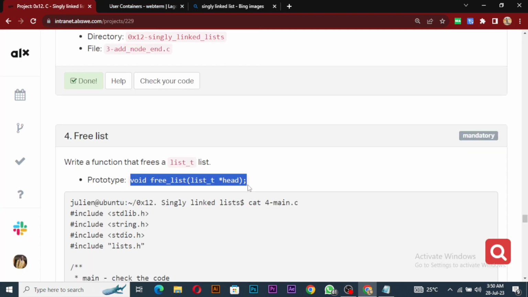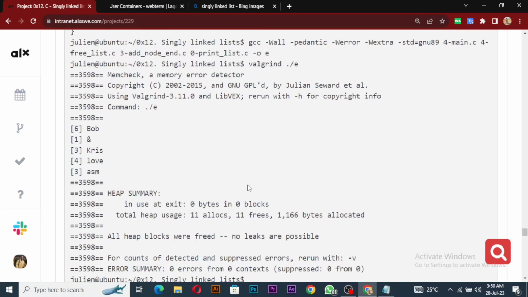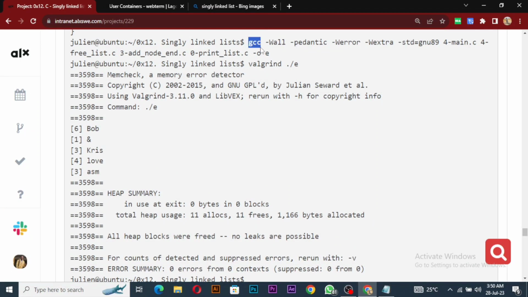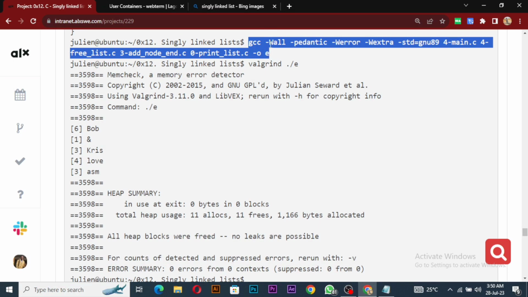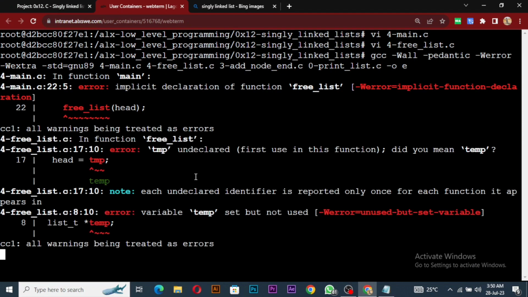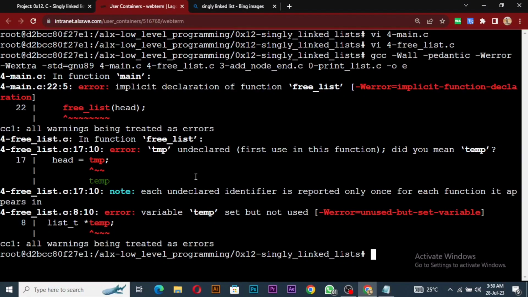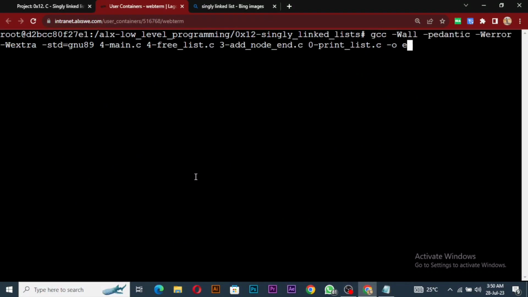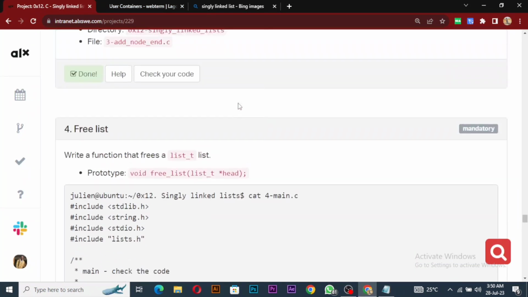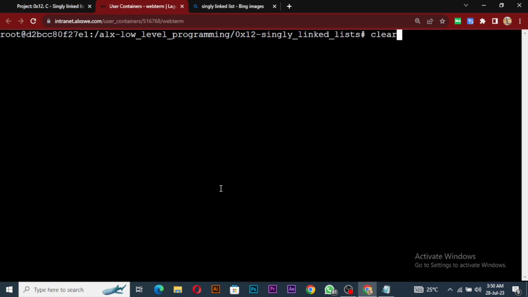So are we compiling anything? Do we still need to compile this? Anyway, let's see. Oh, still have some errors. Why now? Oh, we did not put our prototype in the, let me see. Oh, I've copied this guy already. So come here, copy this guy. So clear, we'll vi our